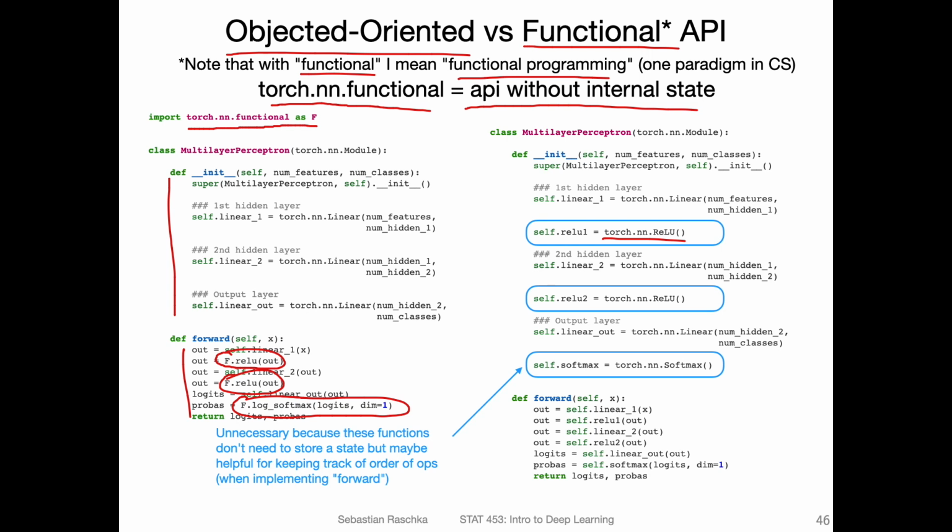However, this would be a little bit overkill, because if you think about it, what a relu is, is just a function max(x, 0). It just returns whatever value is higher, right? So it's this piecewise function. It doesn't have any weight or bias unit or parameter of its own. It's just a function. So it's overkill to implement it as a class, because classes usually create objects, and this object doesn't have any parameters. We can just use a regular Python function for that. So this is the difference between using an object-oriented and a functional API.